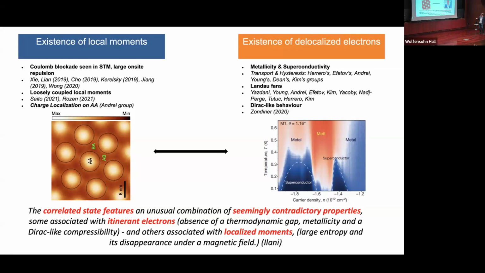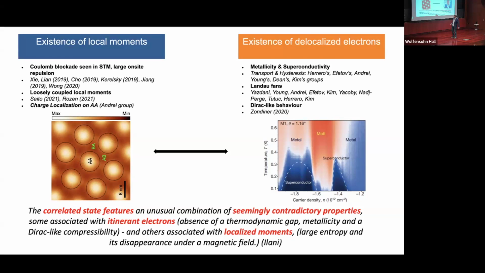But the moral of the story is that you can see two types of experiments, one of them showing clear delocalization, but the other one showing clear localization of carriers. So for example, look at the STM of the charge structure of these systems, and you can clearly see charge localized on the AA. This is the moiré unit itself, and you can see charge localized on the AA, the center of the